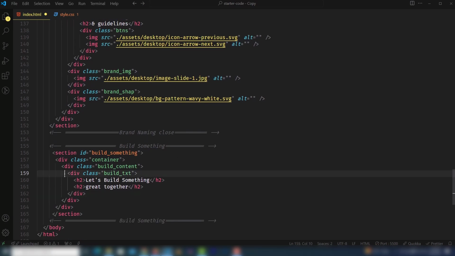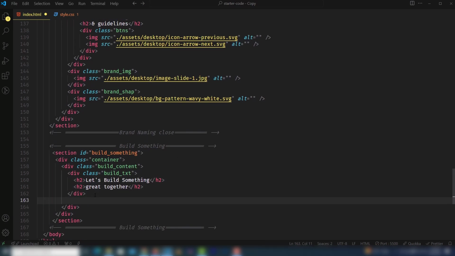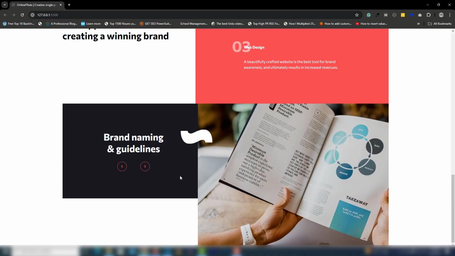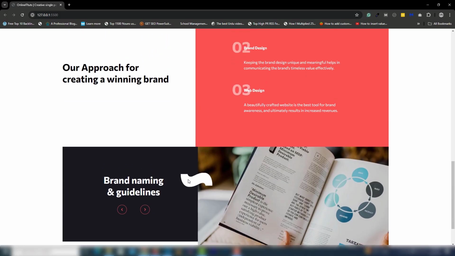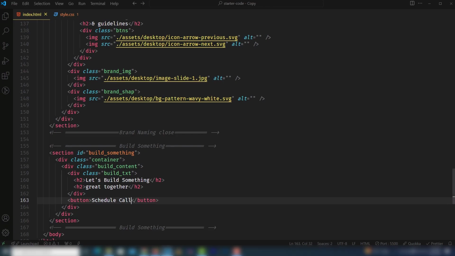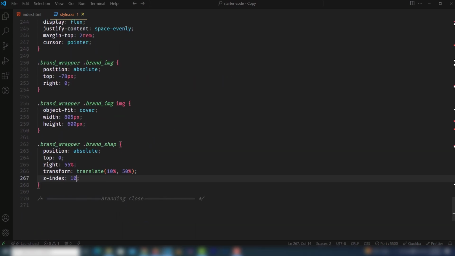So this is our first section. Outside of this section I will get the button tag, so I'm going to use scale call. That's it. So right now you can't see the content which I have written on this line,